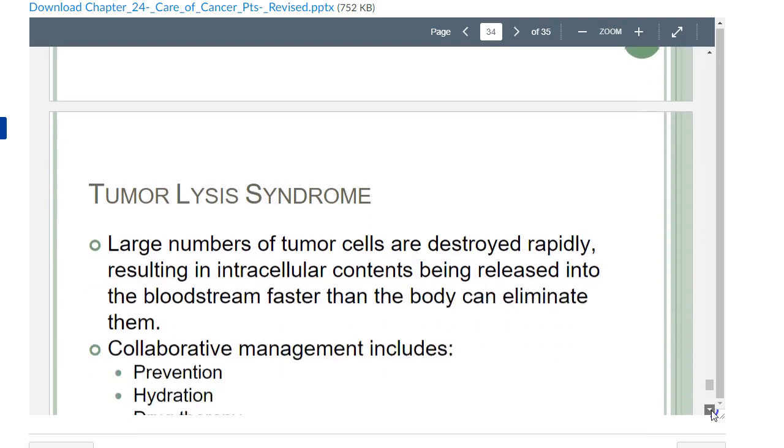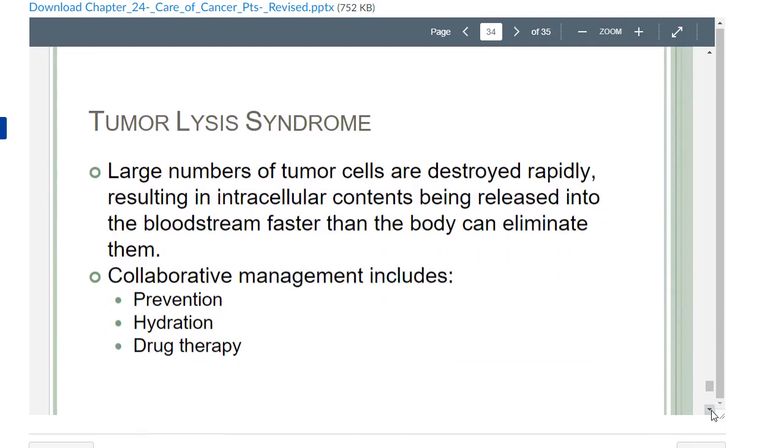Okay. And then the last one we're going to talk about is tumor lysis syndrome. I kind of touched upon this the other day in class. When you have such a large number of tumor cells being destroyed, the intracellular contents are